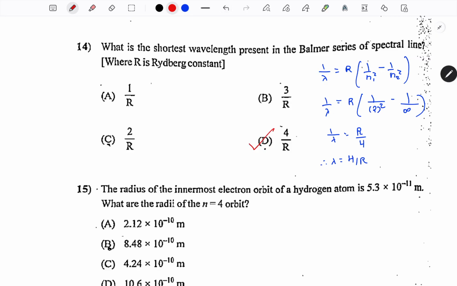See, here all the options are given with R in the denominator. Sometimes options can also be like R by 4 and R by 3, but here the options are given this way, so we have to be careful. Okay,